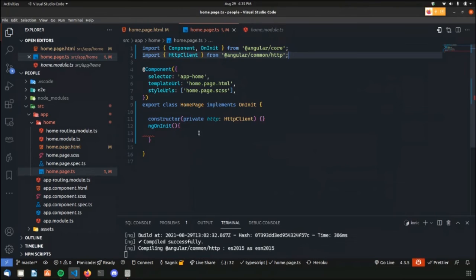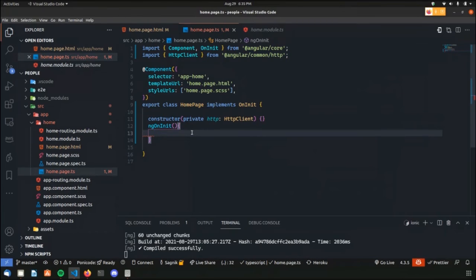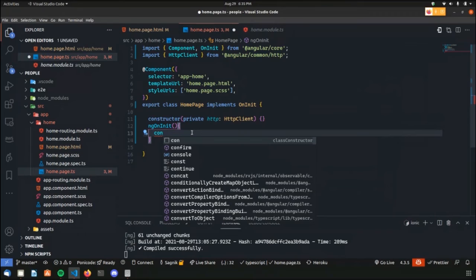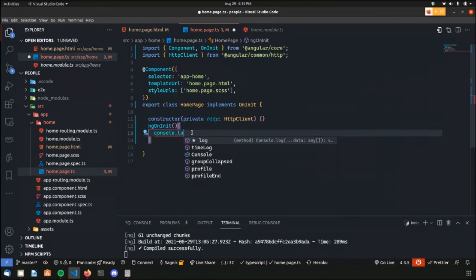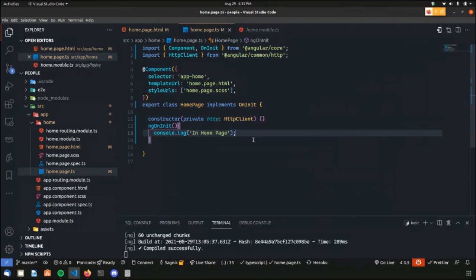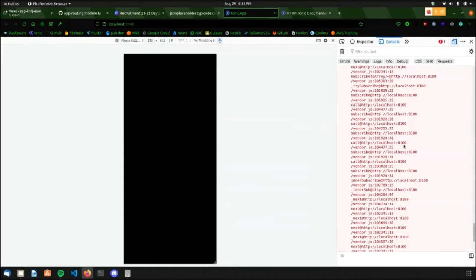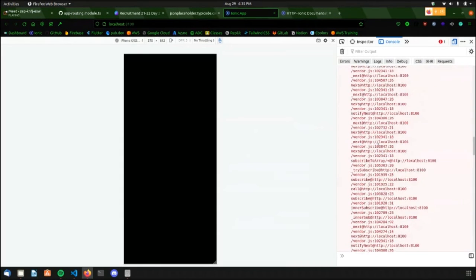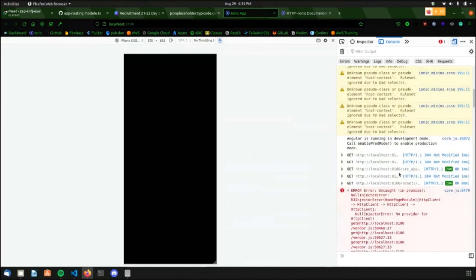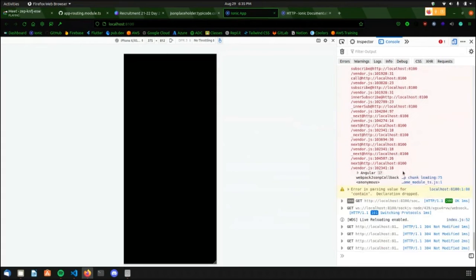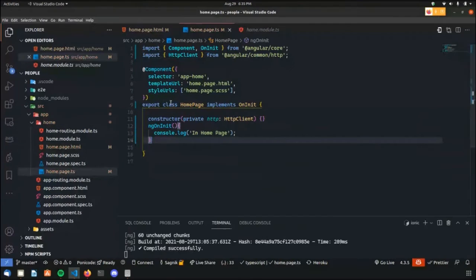Okay, so it's fine now. I'll just write something here, otherwise it will show me errors. So this is fine, but this should show me an error here. See, it gives me a huge error here. The reason for this is I have to inject that dependency before we can use it.